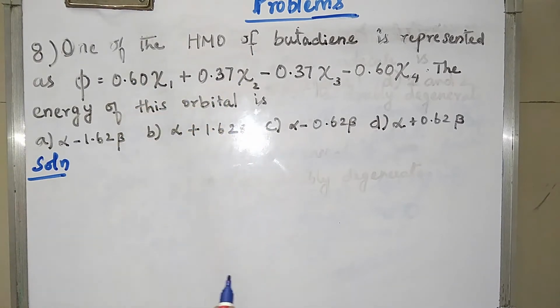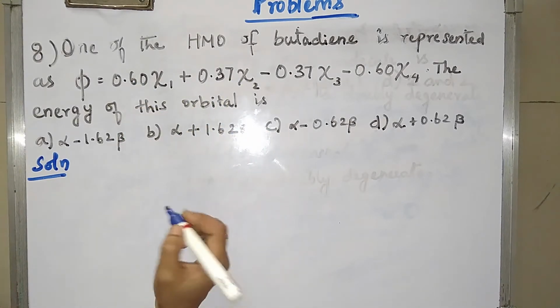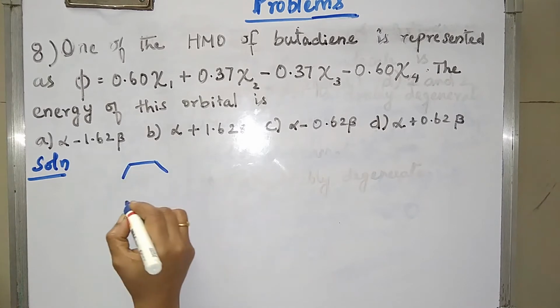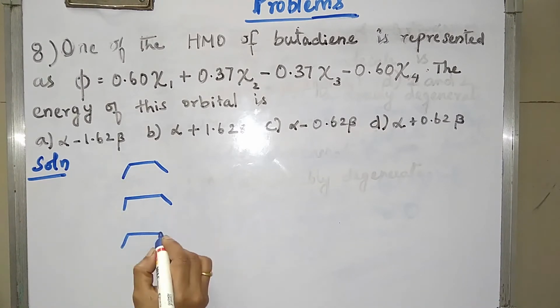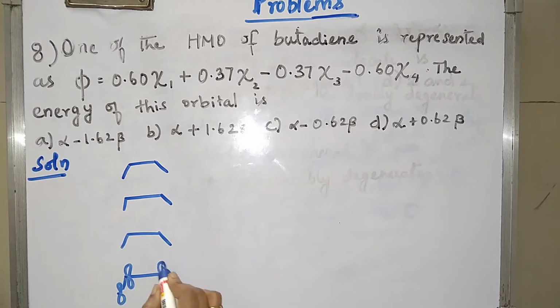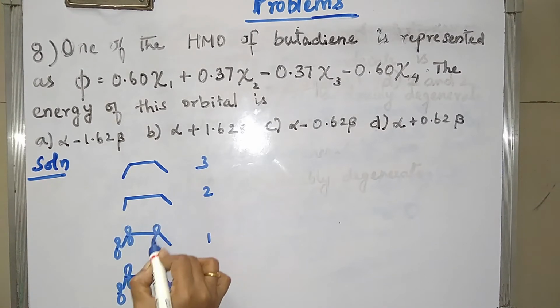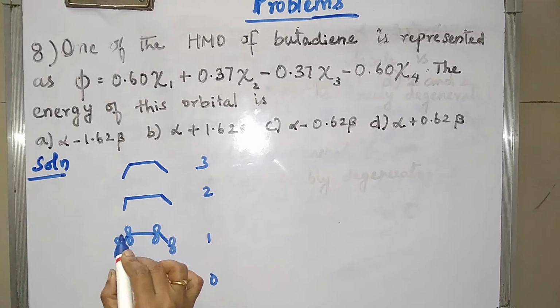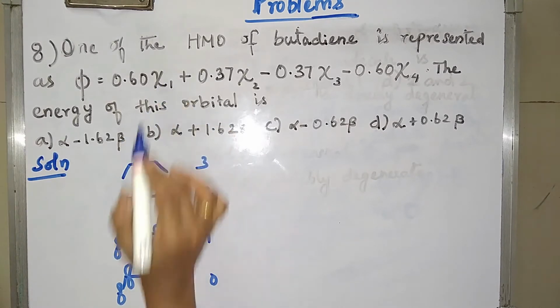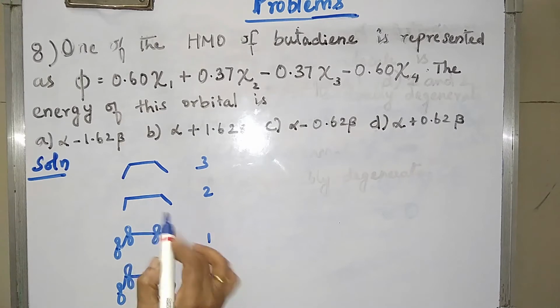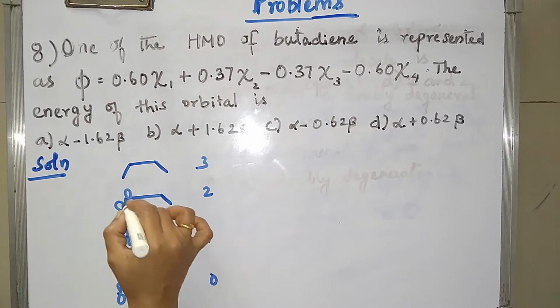I said in the earlier video itself the easy trick. What is that? If you know this one, you can easily find out. You need not remember this equation. It's very difficult; where it will be a minus sign and where a plus sign, we cannot know. This is easy. This is one node, 0, 1, 2, 3 nodes is easy. So according to that we can draw. If the overlap, that is the shaded portion, is on the top, then the equation will have a plus sign. If the shaded portion is at the bottom, then the equation has a minus sign.